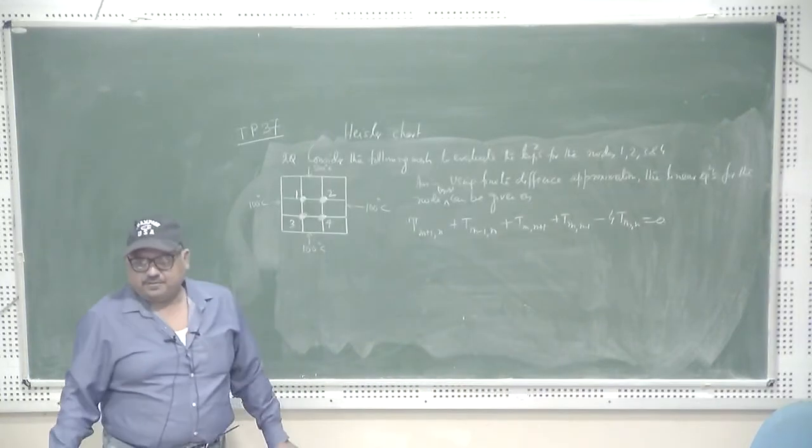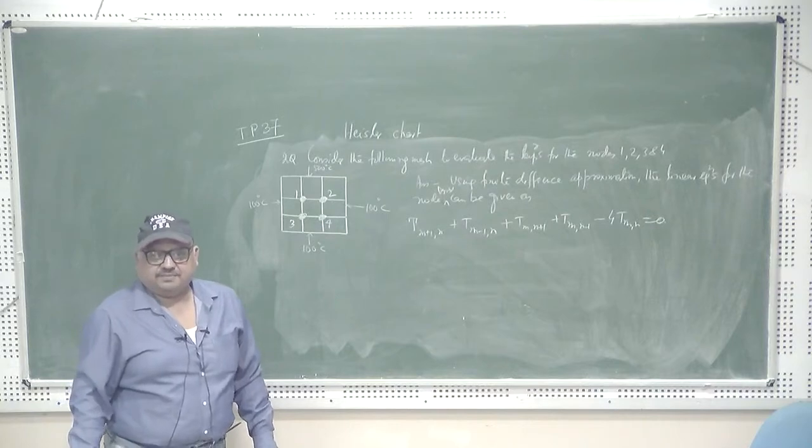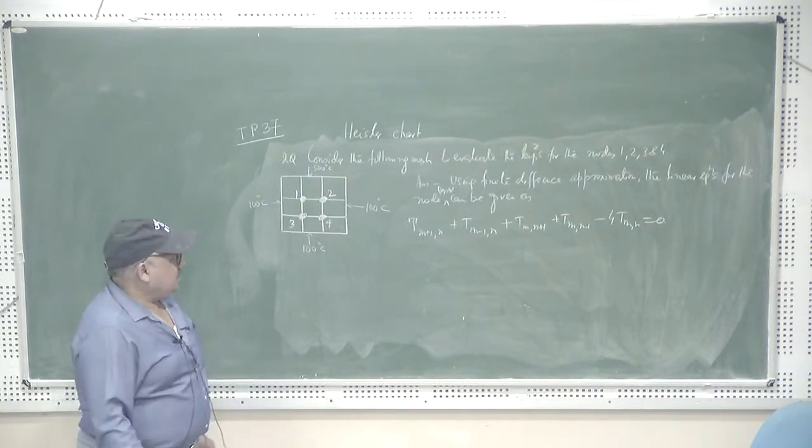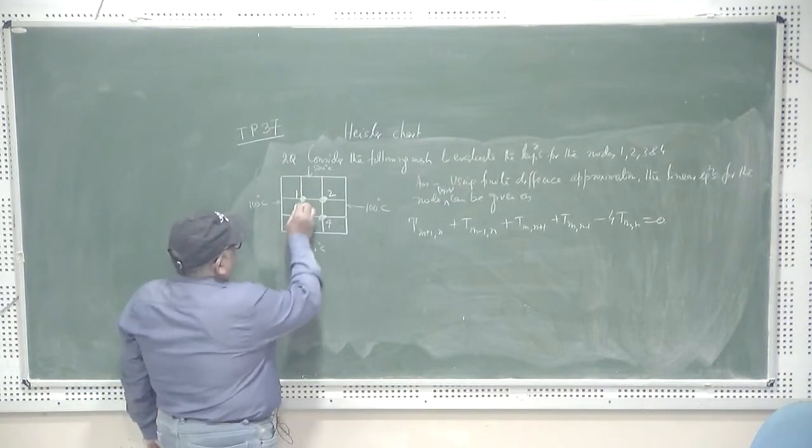This is the representative equation on the basis of finite difference approximation that we have gone through in the previous classes. So considering the node number 1,